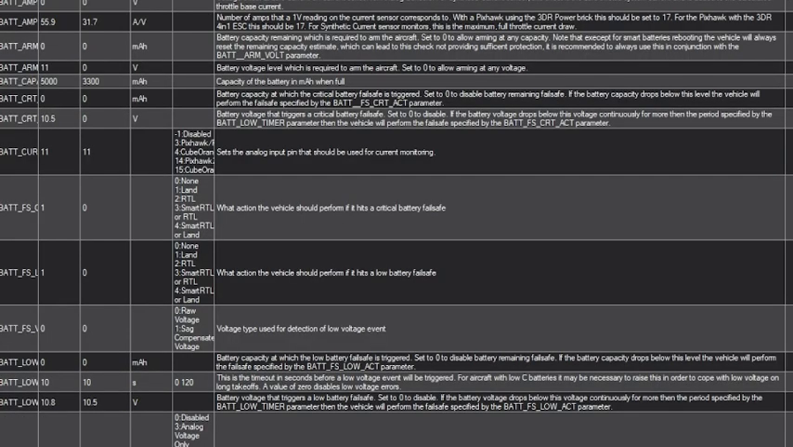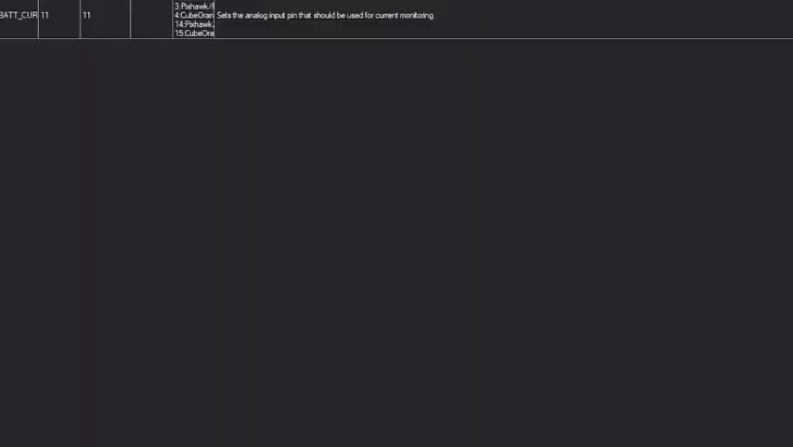So you're going to leave the BATT in there. This next one we're going to look up is BATT_CURR_PIN. All right, this one we're going to want to make sure is an 11. Once it's set to that, we can go ahead and continue on to